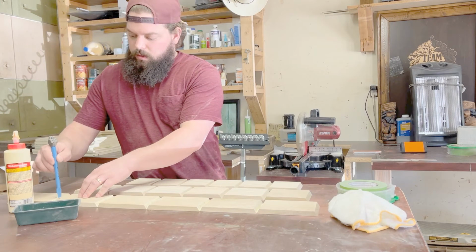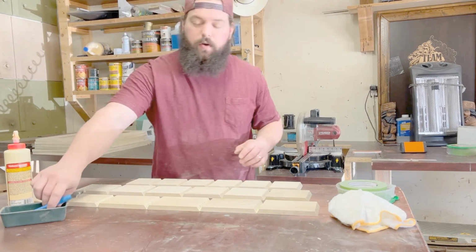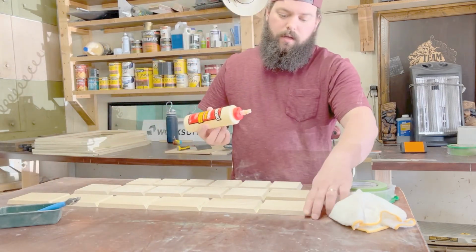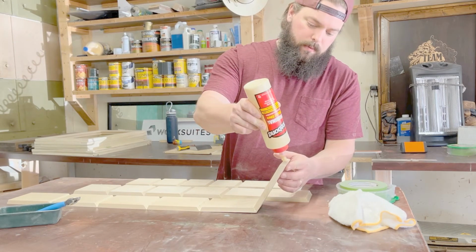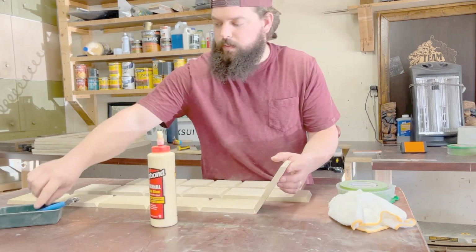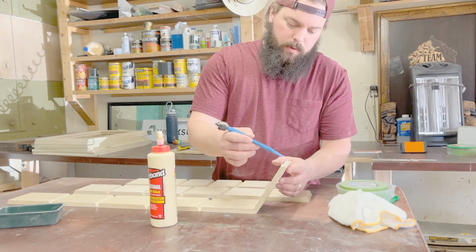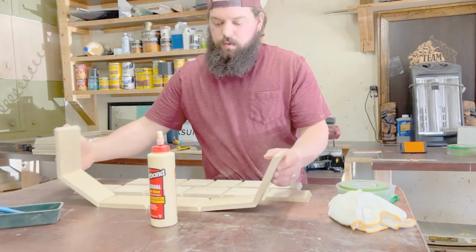Okay, so there are going to be 6 joints. As you can see, I've already glued up 5. The last one is the end. Don't forget about the end. So I just like to roll it up, put some on the end there, make sure it's spread in there really good. And now we just roll it up like this,